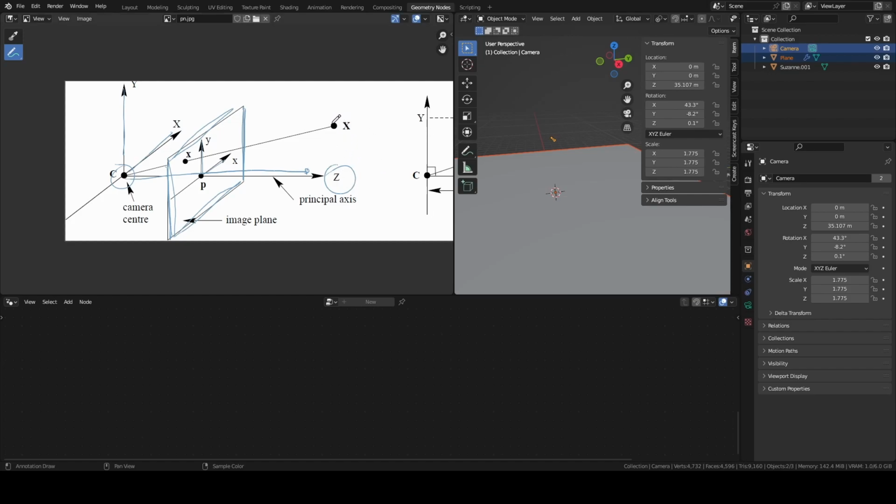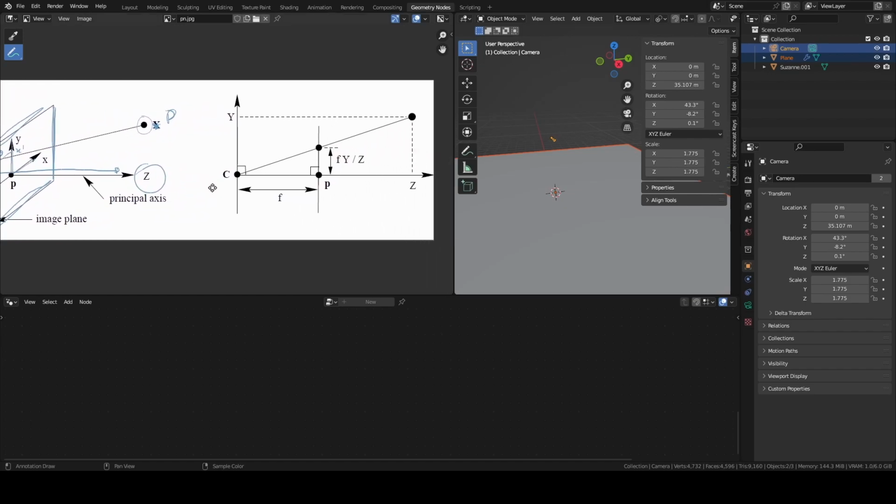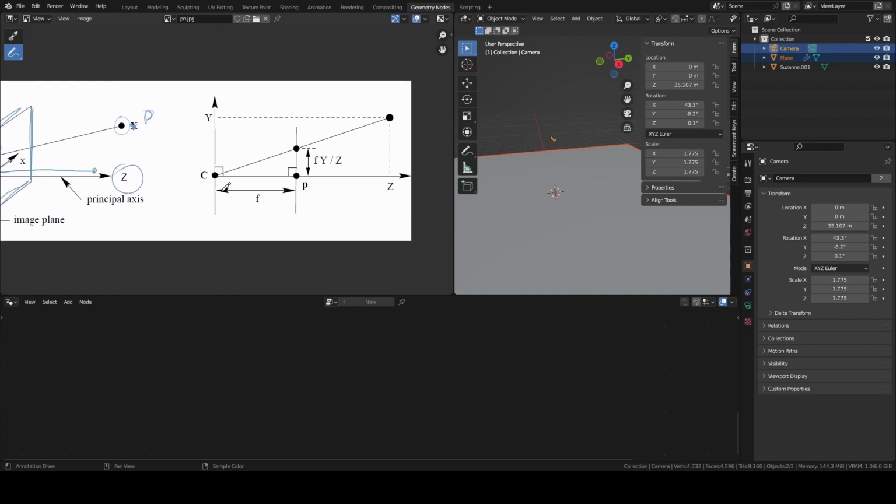So if you have any point, let's call it P, not X, in the 3D space, and you want to find its coordinates in the image plane, these new coordinates, let's call them X prime and Y prime. What can you do? Well, let's look at this simplified 2D view from the left, from the side.